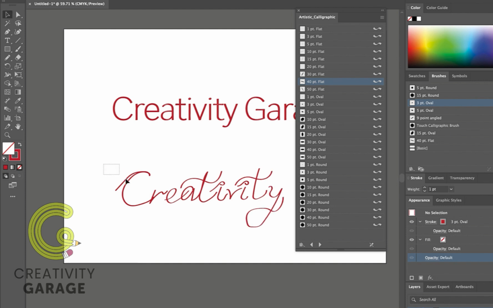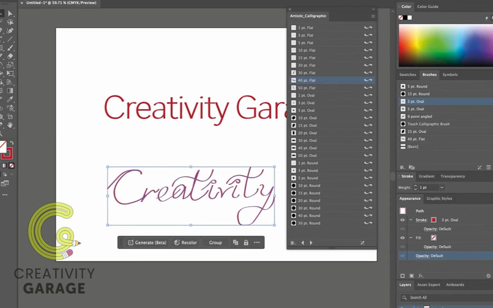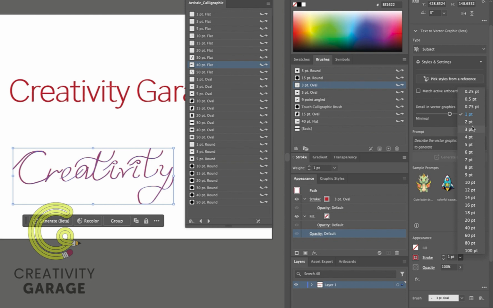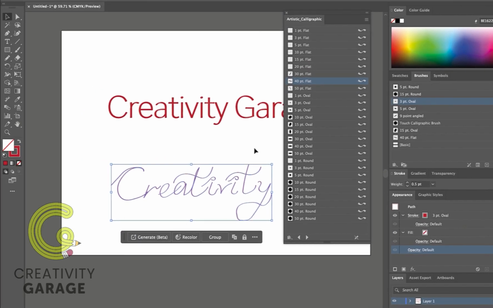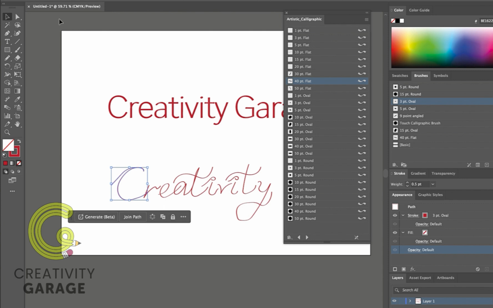Once I've drawn my text using the artistic calligraphic brush, I can always select the text, or in our case shape, and then increase the stroke size to whatever we want, or decrease it. We can individually select the letters here because we drew them separately. So when I select the letter C,